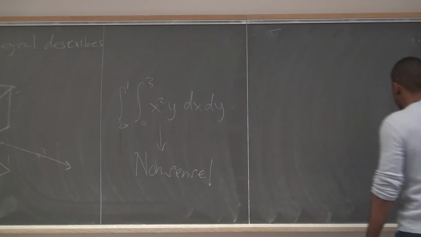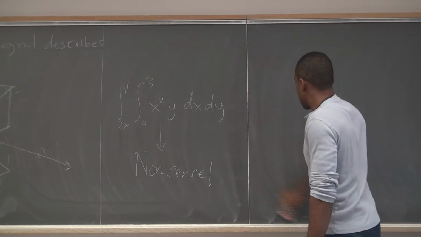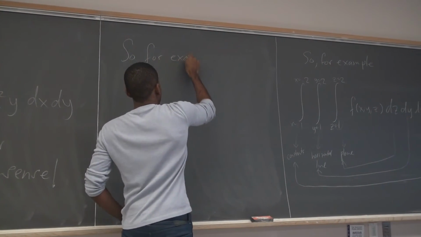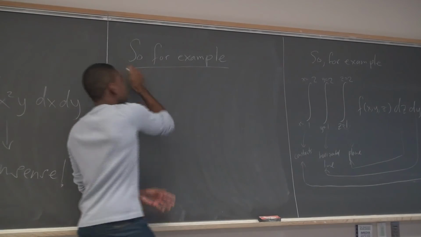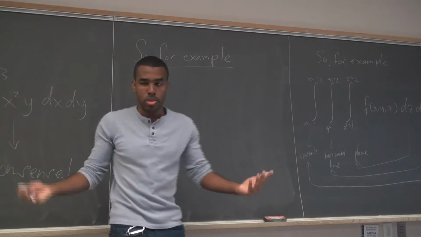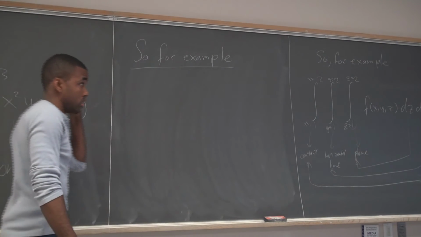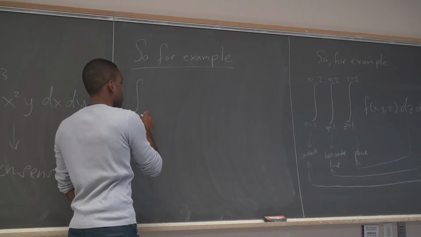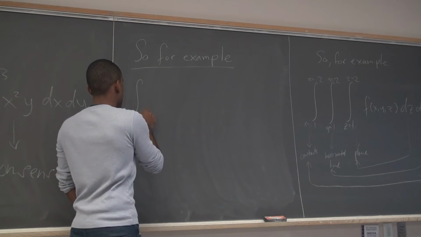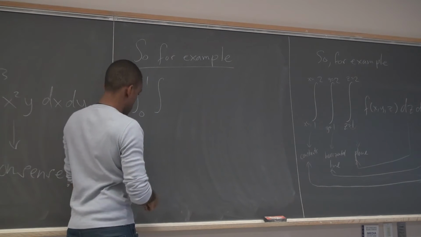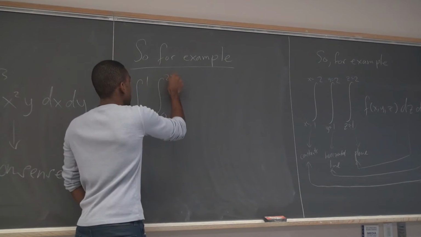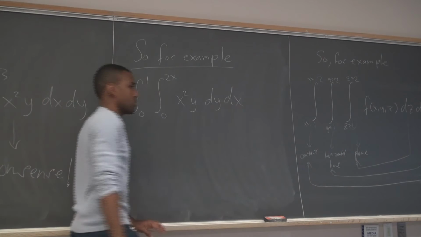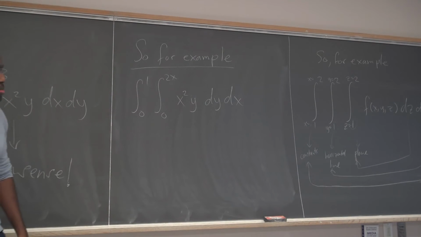Okay, so what this means is, and like I said, I'll describe this in detail soon, but since we only have 20 minutes, I just want to get the basic ideas out of the way that we can rush through. So for example, if I see an integral like this, 0 to 1, and then this one goes from 0 to 2x, of x squared y, dy dx, right? Basically what this means is